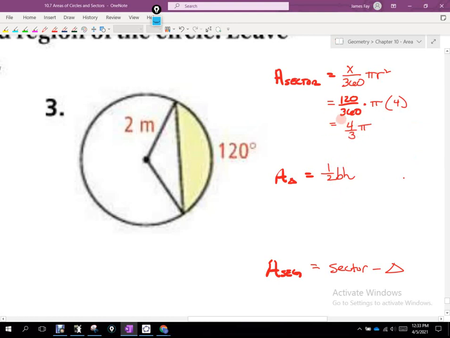Did you guys get 4/3 pi for the area of the sector? Okay. Now the area of the triangle,